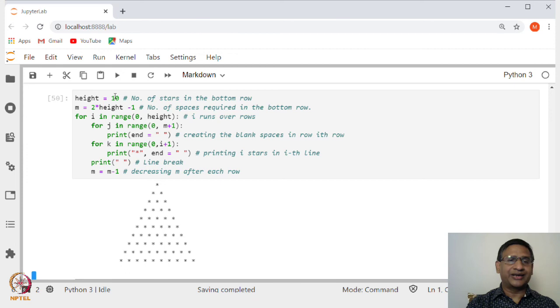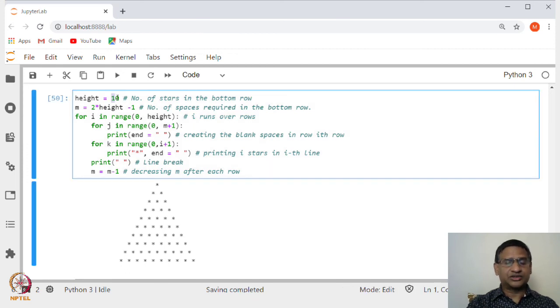In this case we are taking height to be 10, height is the number of stars you want in this pyramid. So, we want that to be 10, and then we look at how many spaces it will require. The number of spaces required is 2 times height minus 1. That means a total of 19 spaces you are going to require, and then for each row you have a for loop, which is this one. This is for each row. So, the total number of rows is the total height, which is 0 to 10 in this case.